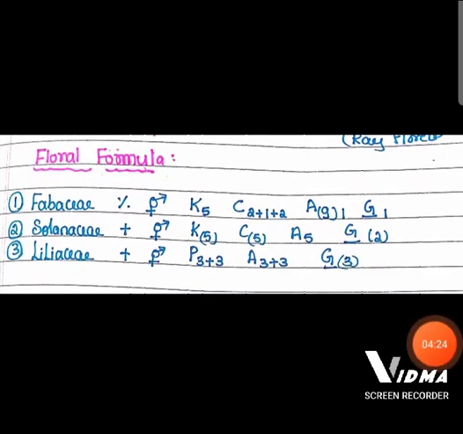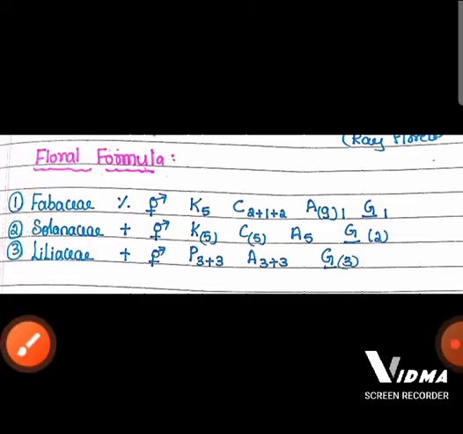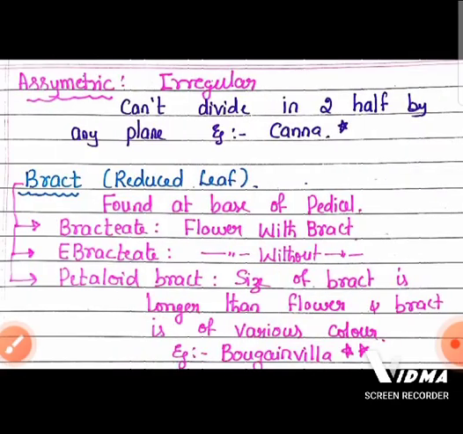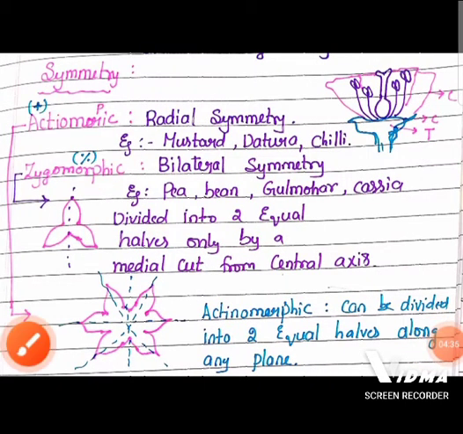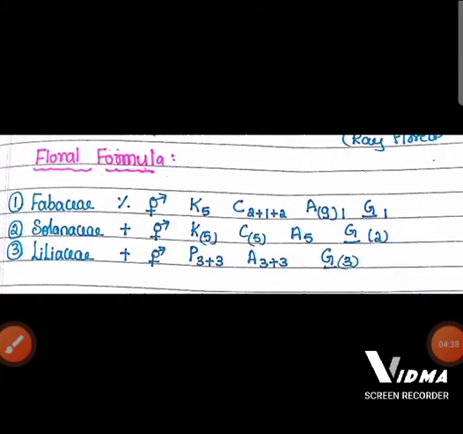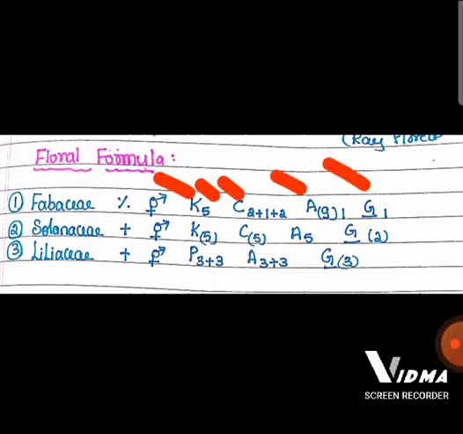Then this is the representation of the floral formula of three families: Fabaceae, Solanaceae, and Liliaceae. Already I showed you the percentage symbol is for zygomorphic and the plus symbol is for actinomorphic flower. For the floral formula of these three families, remember, this representation is a bisexual flower. K for calyx, 5 units in the calyx. Corolla, 2 plus 1 plus 2. Androecium is fused, 9 fused and 1 free. Superior gynoecium and